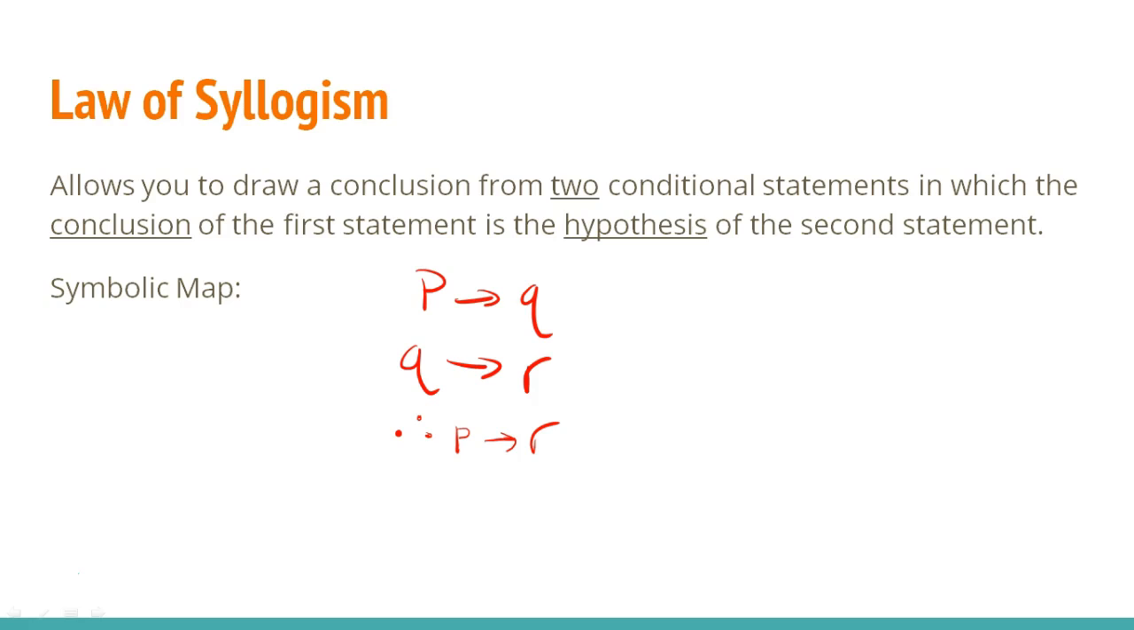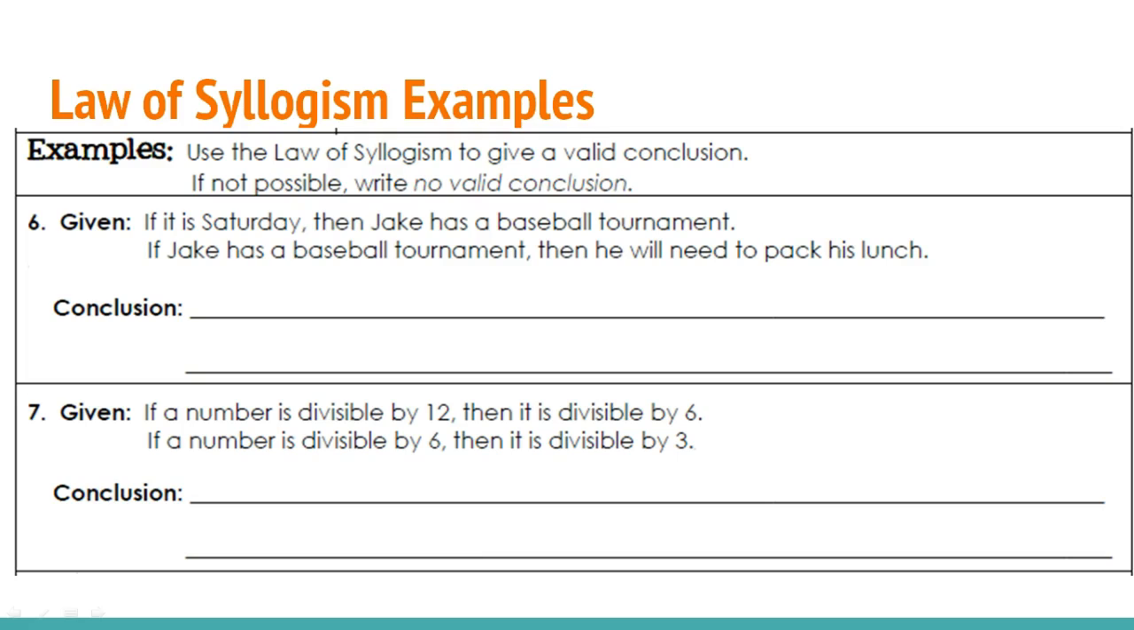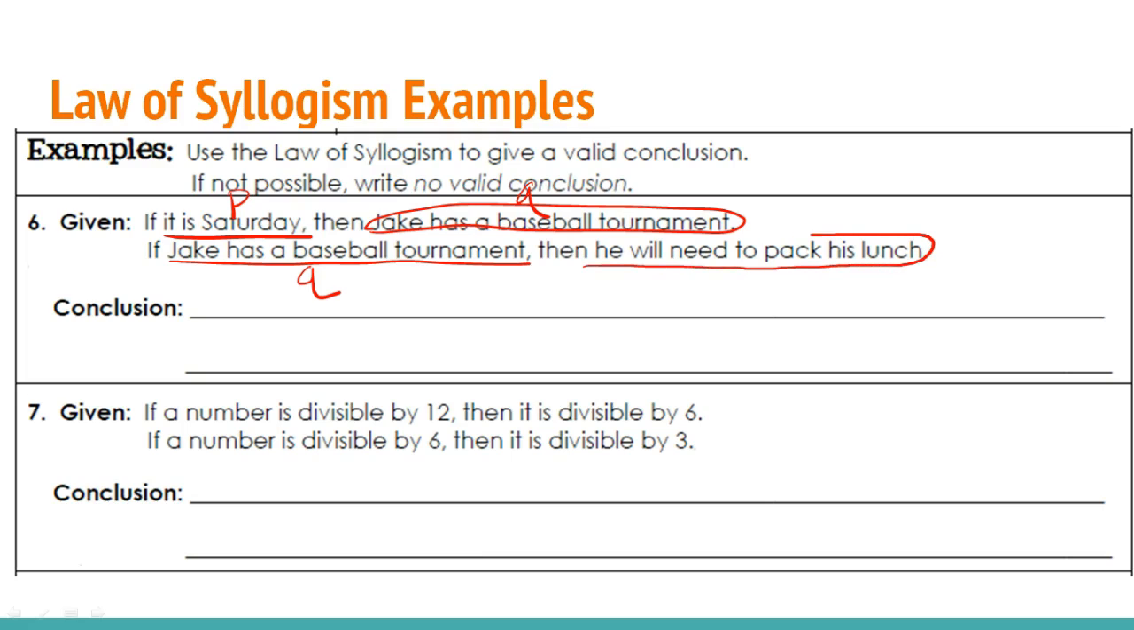Let's take a look at examples 6 and 7 on your paper. In the first statement, it says if it is Saturday, this is P, then Jake has a basketball tournament. We'll say that's Q. Now this next conditional statement says Jake has a basketball tournament. That is the same statement, so that's Q, and then I'm going to circle this over here and say that's R. So since it says if it is Saturday, then Jake has a tournament, and if Jake has a tournament, then he will need to pack his lunch,